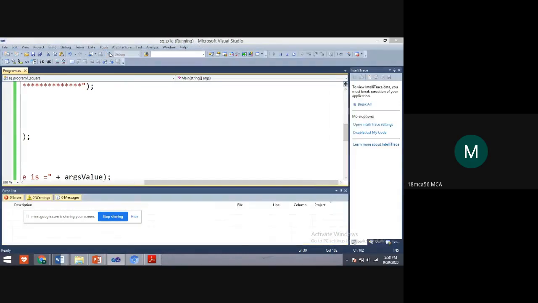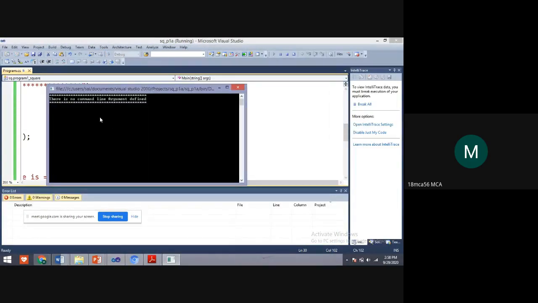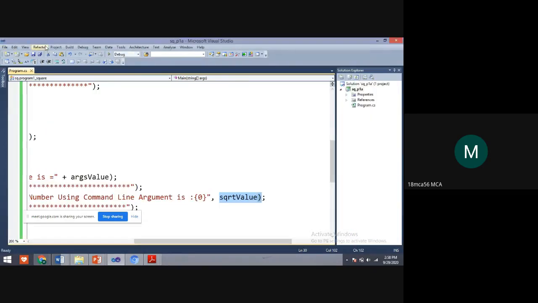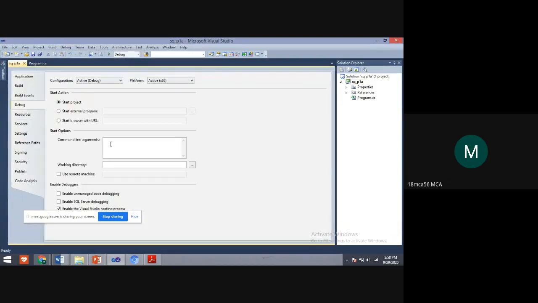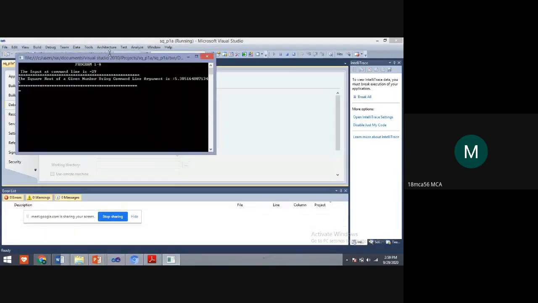When you run the program, now I have not given anything, so that's why here there is no command line argument defined. Now go to project, go to properties, command line argument, give 29. 29 I am giving, students. Now run your program. The output of the square root of 29 will be 5.38516480.